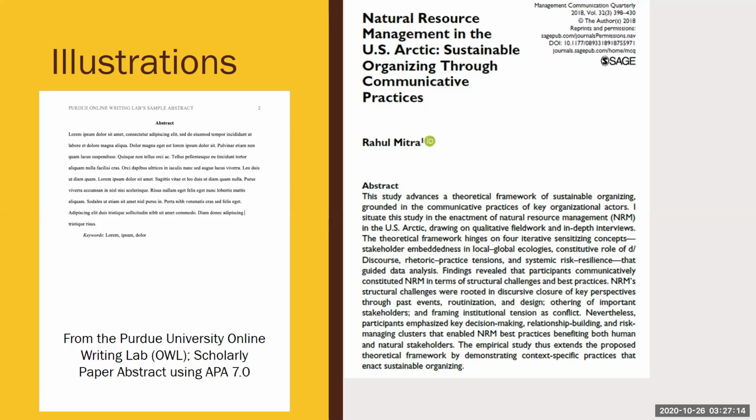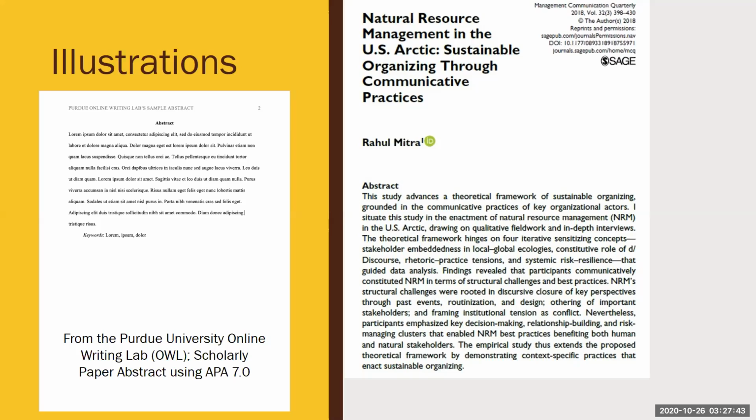The reason that I opted for a somewhat mixed abstract writing style for this particular paper was because this paper really tries to develop a new theoretical framework. So although I start with some broad theoretical overview at the start, a really important contribution of this paper was fleshing out those theoretical connections and interconnections in more detail.